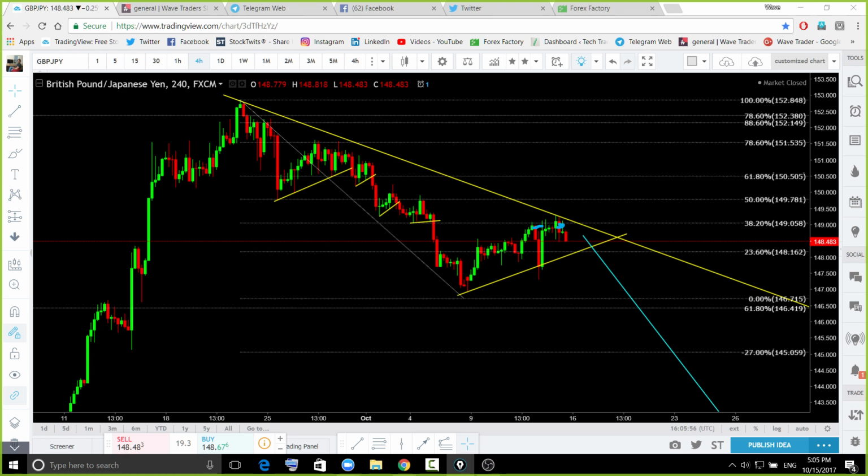Okay, so what it is doing on the lower time frame, you can see that it is forming this similar formation. In that formation we may see a couple more candles like that before it continues to the downside like this. If this is going to happen, you should not be worried about that. Give more time to your trade. Let the trade complete the corrective formation it is forming.